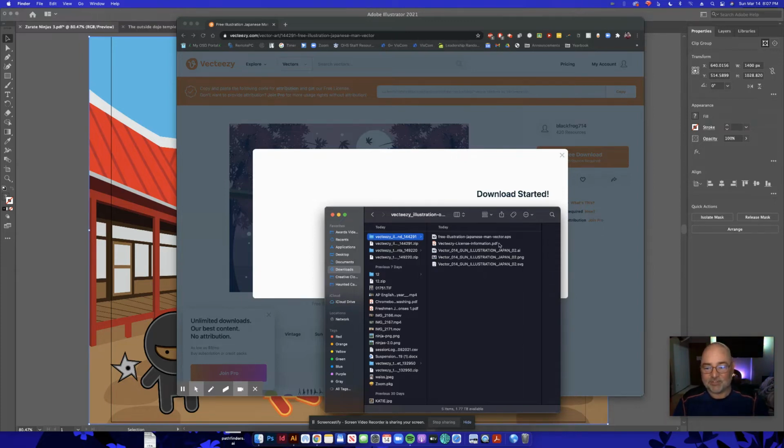Here's the licensing information in a PDF. That has nothing to do with our document here. Vector illustration .ai. We want that .ai file. That will work. PNG is just a picture. SVG is a vector graphic as well. So as a matter of fact, let's try the SVG one this time. So if I click on this SVG,